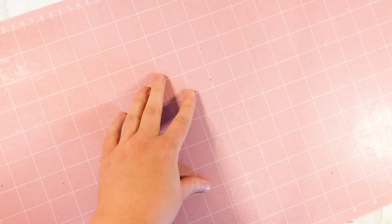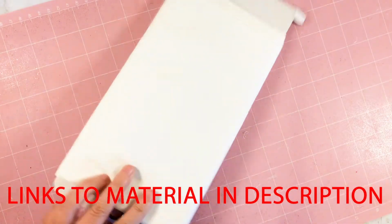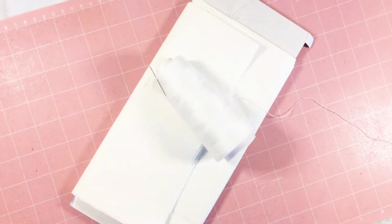So for today's project, you're going to need your Cricut cutting machine. You're also going to need a cutting mat, and make sure to give it a wash with soap and water if it's not sticky anymore, because you want your mat to be nice and sticky and clean. And make sure that you leave it to air dry so that all the water is gone if you are using an older mat. And you're going to need some white fabric. I'm using a poly blend. You're going to need some coordinating thread,